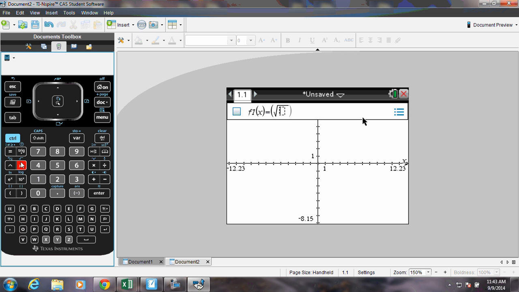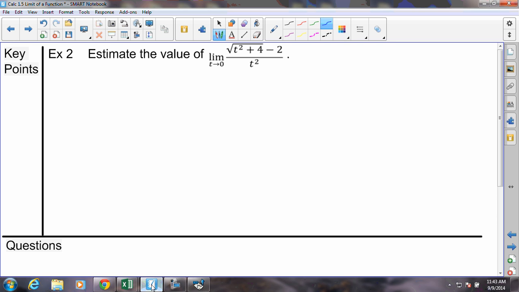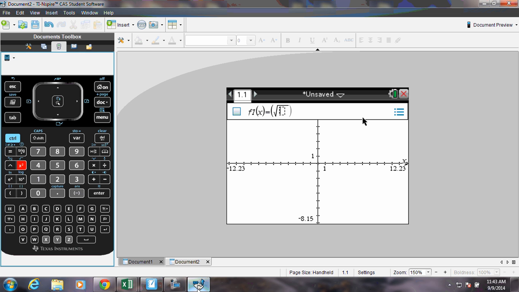We will have to change the variable though, because the calculator doesn't have a function set up for t, it's set up for x. So although we are using the variable t in the problem, for the calculator we'll actually have to type in an x squared. So x squared minus 4, parentheses to close the square root, and then arrow over, parentheses to close the